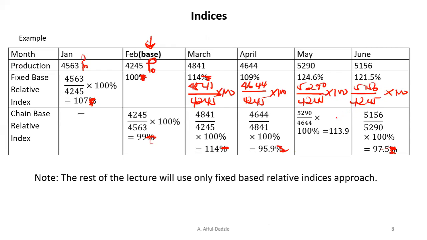times 100. So you would observe that for all the periods under the fixed base approach, our denominator, or the P naught, is the same, and that is the reference point. So here we have P n over P naught times 100, and that gives us the price index. So for the fixed base, the base value is the same, and all other periods are compared against the